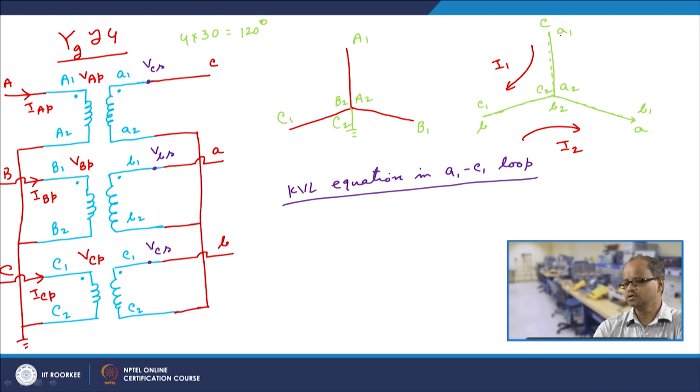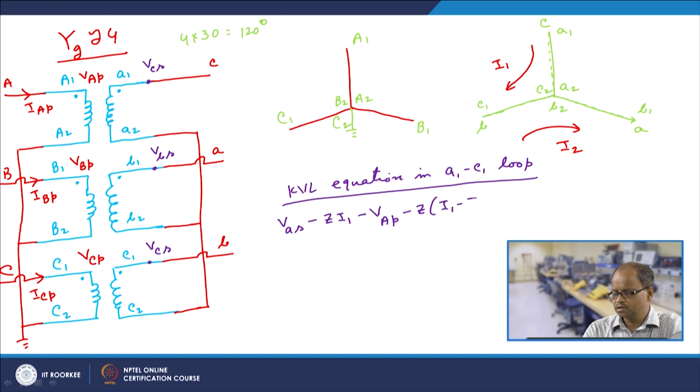So when you start from here, it is VAS minus ZI1, Z is the impedance, and now the voltage here in this branch is VAP. So this is also in this direction. So voltage here is VAP. So this would be minus VAP. Now we are going in this direction. Now in this direction total current is I1 minus I2, so the drop is minus Z into I1 minus I2,